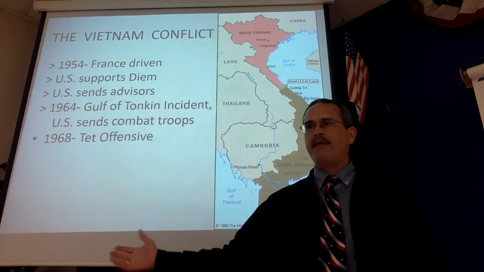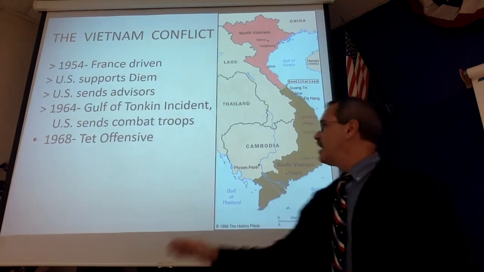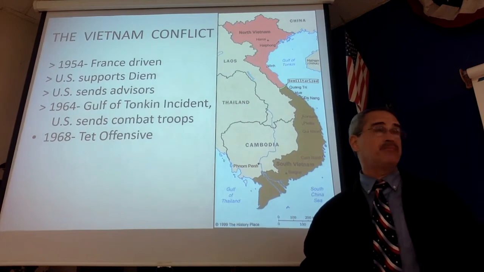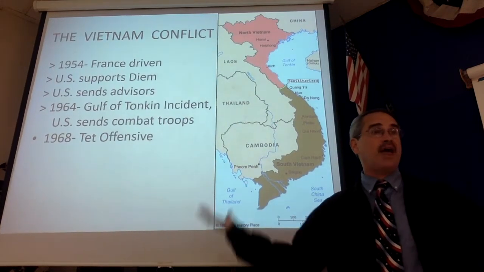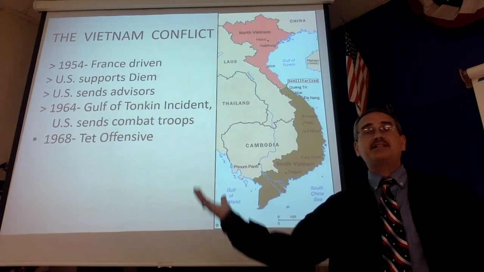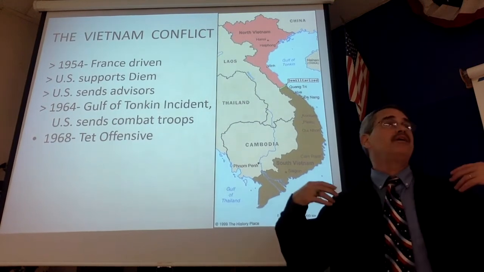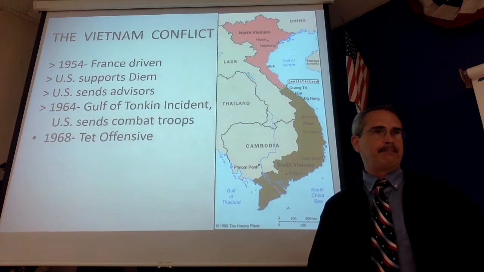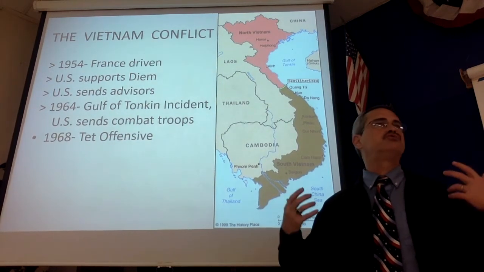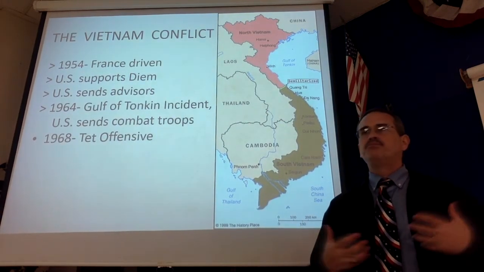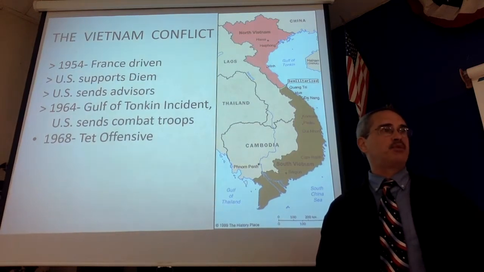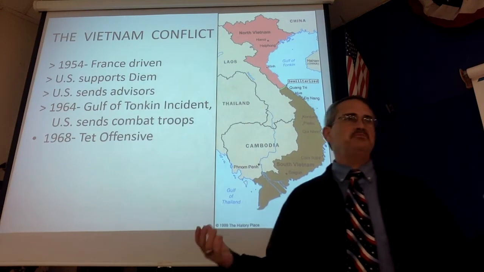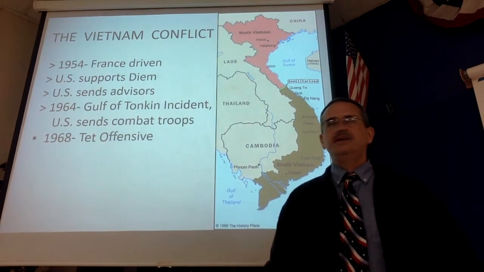as the Viet Cong attack everywhere across the map. And if you turned on the nightly news that night and you looked at this map with all those little explosions all over it, you go, what happened? The government said this thing was over with, and look at it. We're attacked everywhere. Down in Saigon, the Viet Cong overran the American embassy, and we had to send in Marines to drive them out. The whole thing blew up in our face in one day. And Americans kind of got slapped in the face that day and realized, we ain't close to winning this thing. It's nowhere near over.